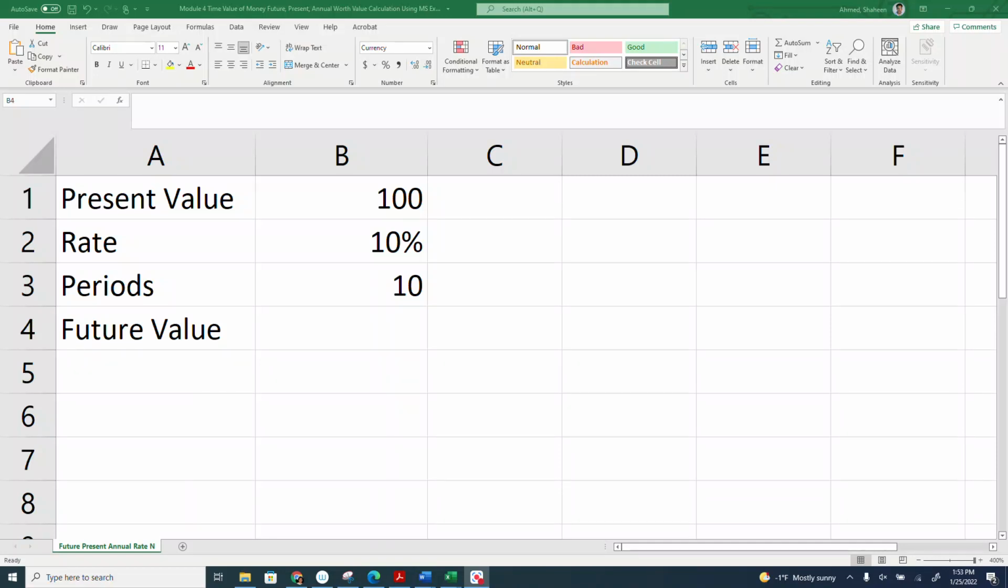Present value calculation, future value calculation, annual worth, payment calculation, number of periods it takes to pay off the loan, and rate calculation. We'll show how to calculate all of these using Microsoft Excel in this video. So let's start with, for example, a loan of $100 from a bank, and then we're